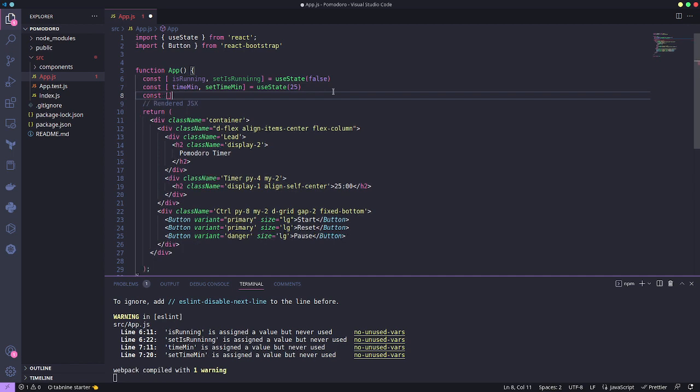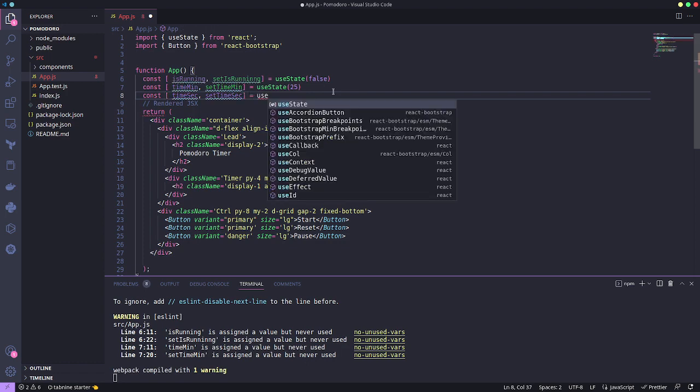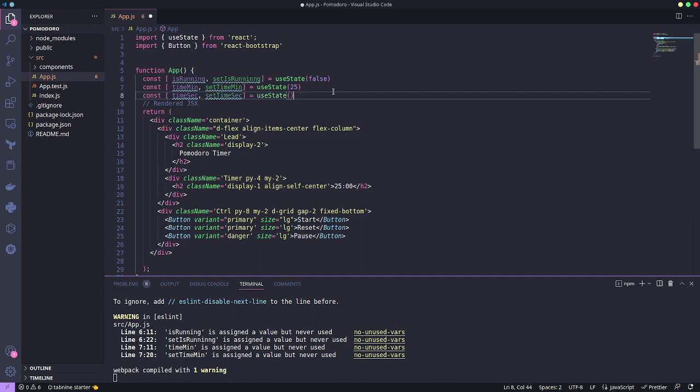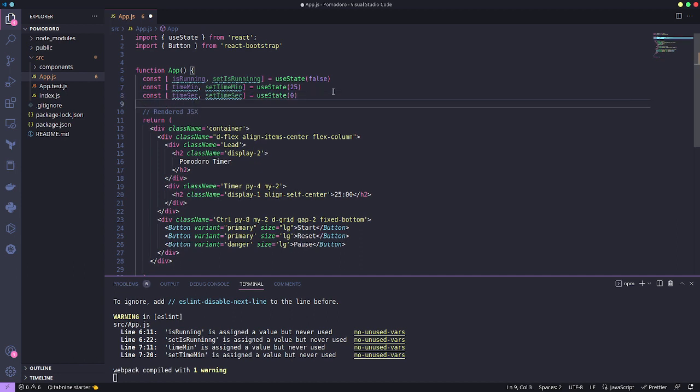It's a pretty simple one here, actually. It is time and seconds. Set time in seconds. All right. And we'll go ahead and use another state for this one, and we'll set it at 0. Now,